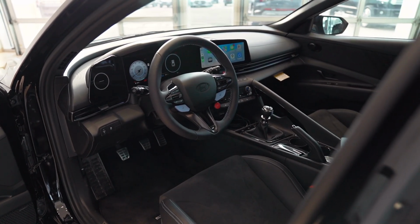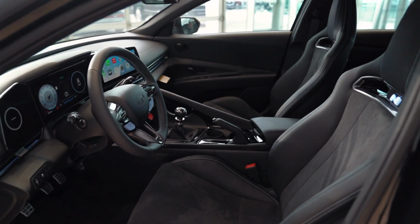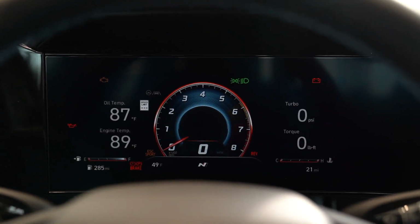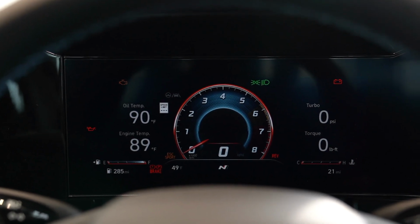Now, what about the steering wheel? It's a leather-wrapped steering wheel. Some of that light blue stitching runs through here, and that's where we've got a bunch of buttons. Like I said, the rev matching, or on the right side, you've got the N mode. So if I click that, the whole display does a little dance here and gets you very focused like you're going to be in the track mode. Now, you can tune a bunch of different stuff, but you hear